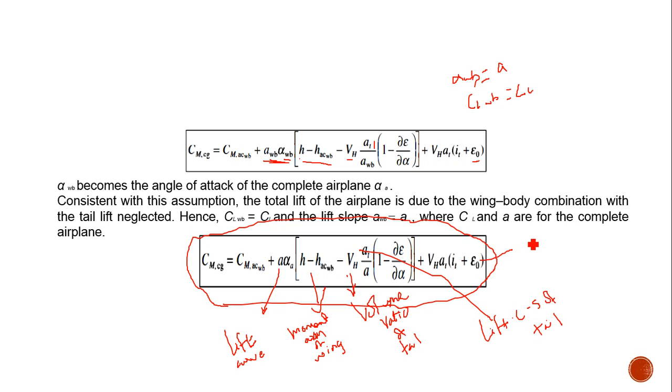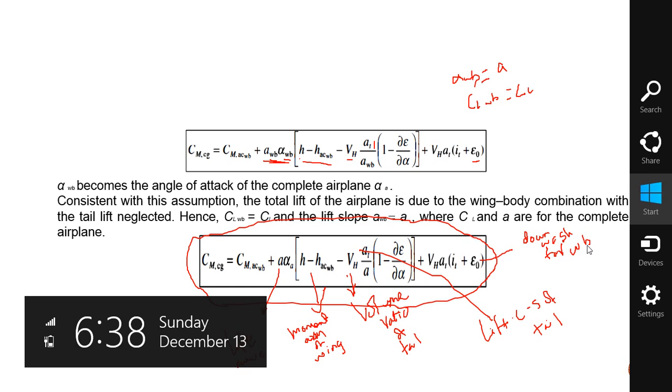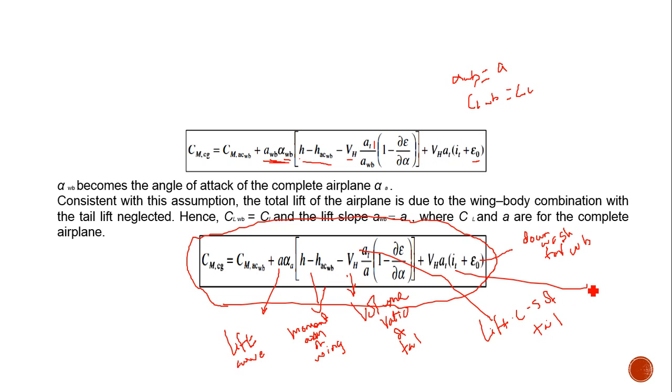This is the downwash angle for the wing body combination. This is the tail setting angle. So they will give the values for all these things, and they ask us to find the answer